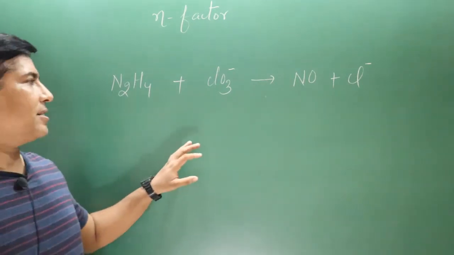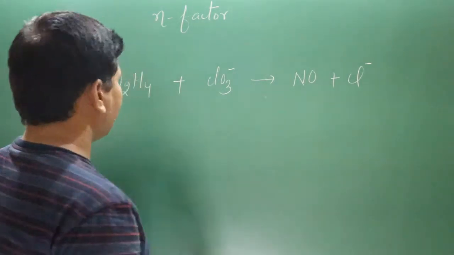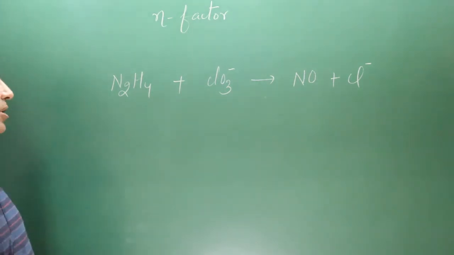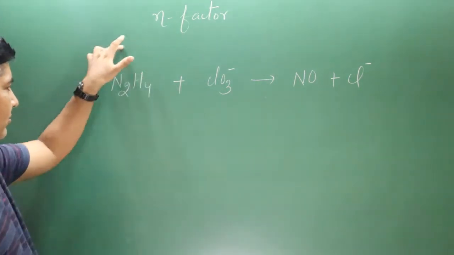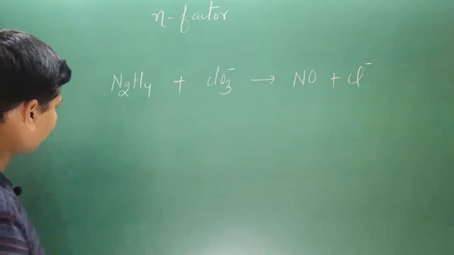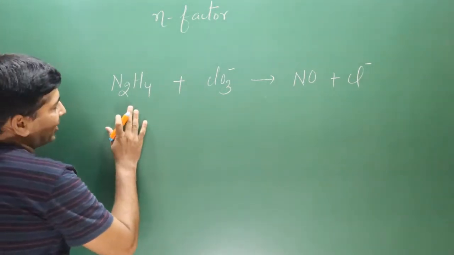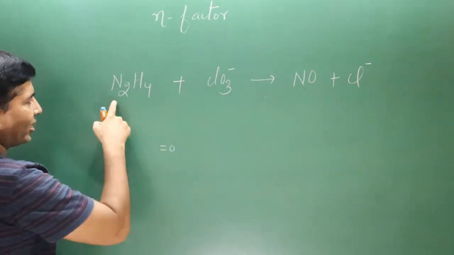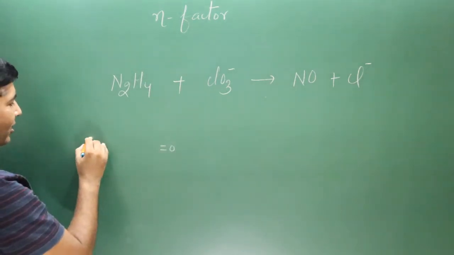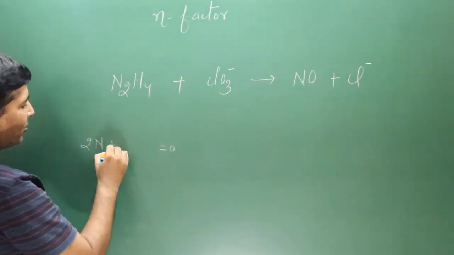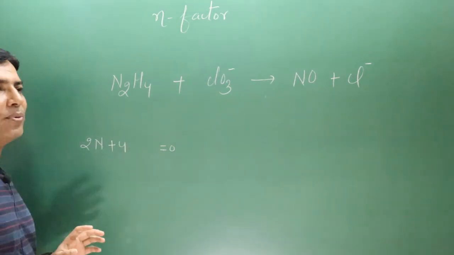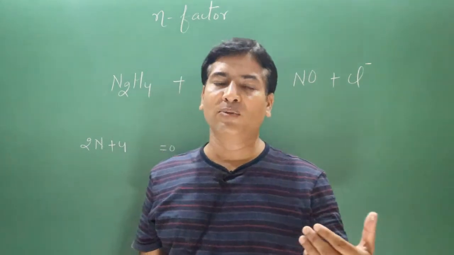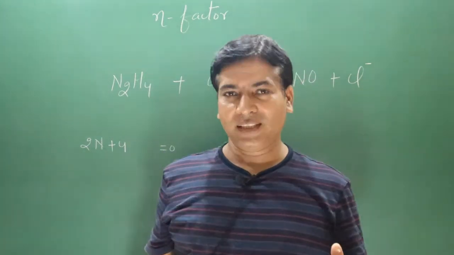I have written the next reaction, and first we find out the oxidation number of atoms on both sides of the equation. It is a neutral molecule. Okay, so in this case you can see neutral is there, so it is equal to 0. There are 2 nitrogen and plus 4 hydrogen. Always keep in mind nitrogen is a non-metal and hydrogen attached to non-metal always shows plus 1 oxidation number.